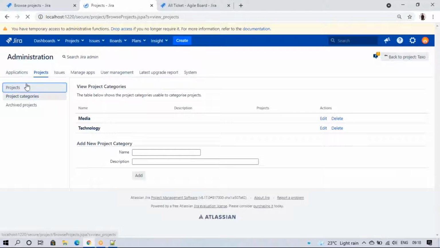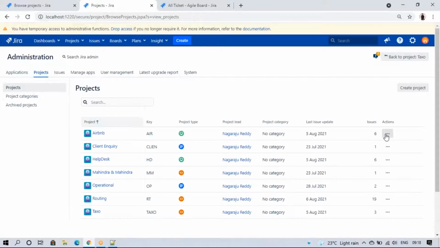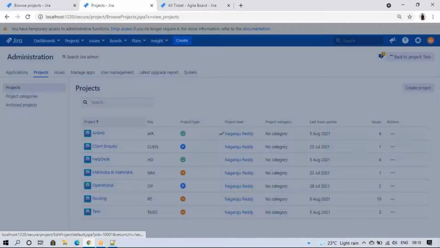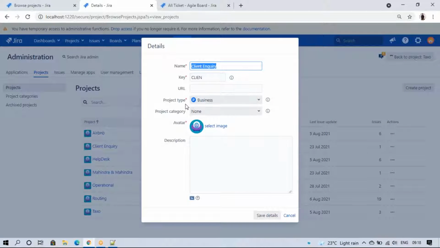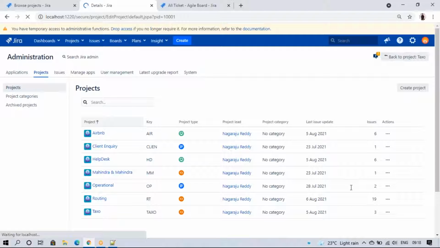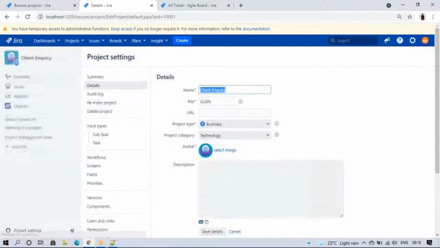So if I go to the projects, suppose Airbnb and helpdesk are media, like client, just click on edit, select category as technology maybe, and Mahindra is technology.